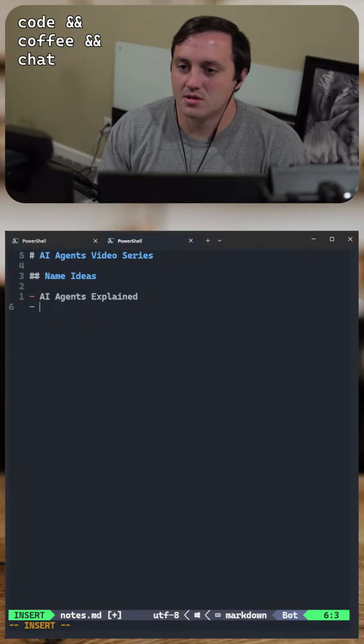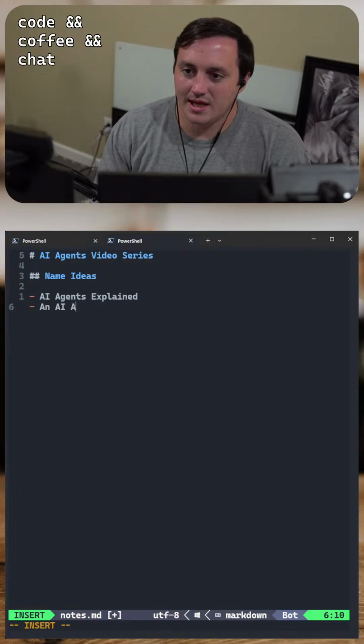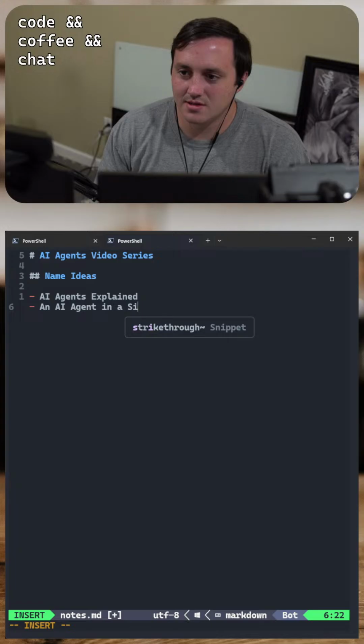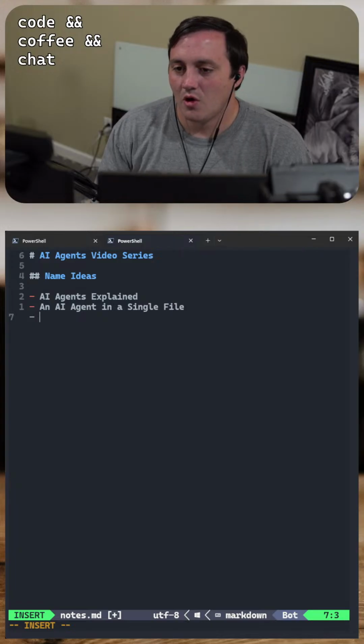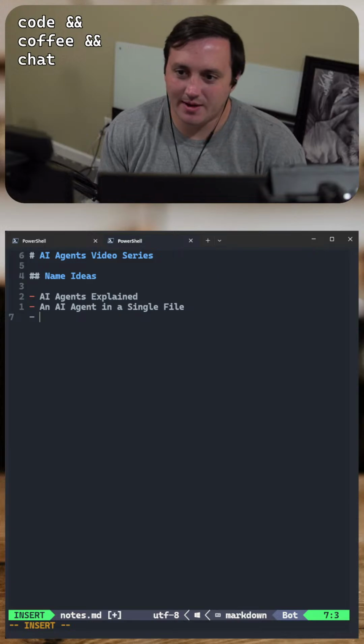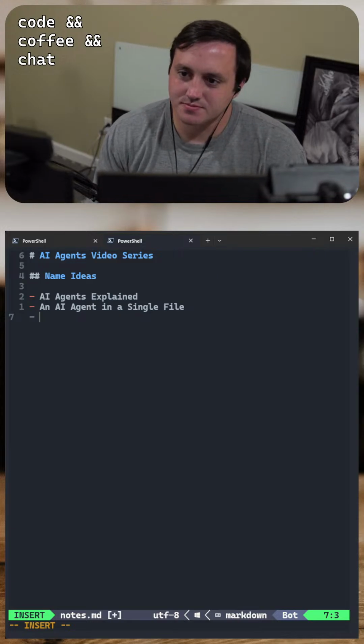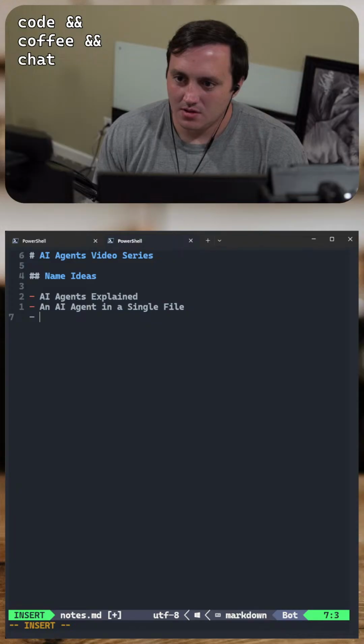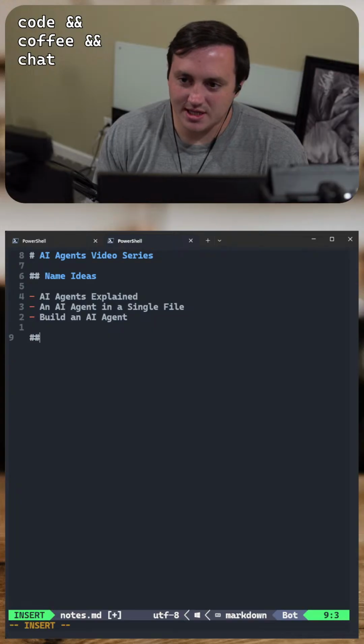Or an AI agent in a single file? Or we could do, what would be another good one? How about build an AI agent? That one probably would do well. Those are simple name ideas.